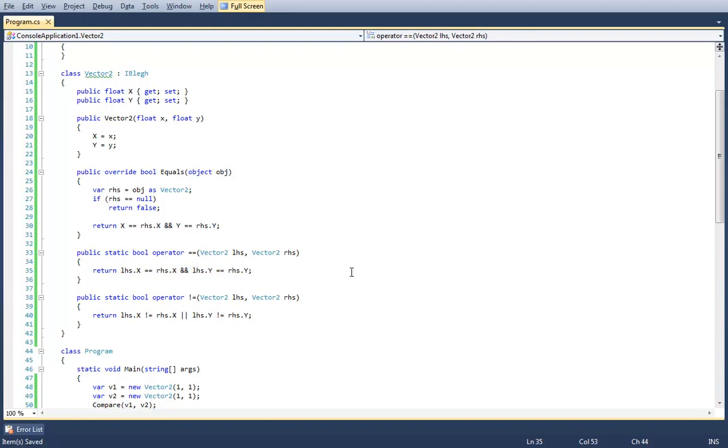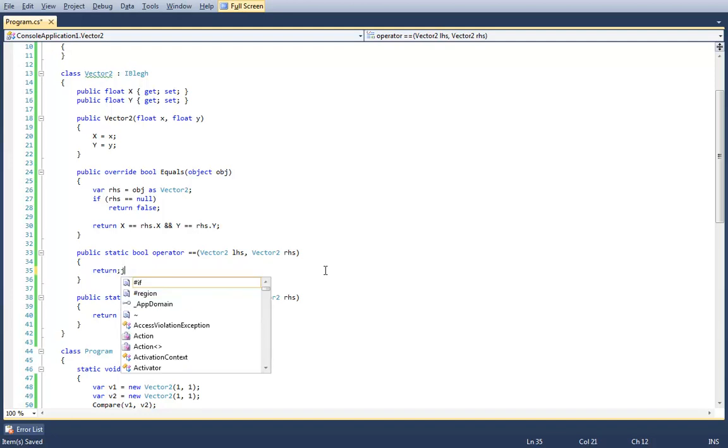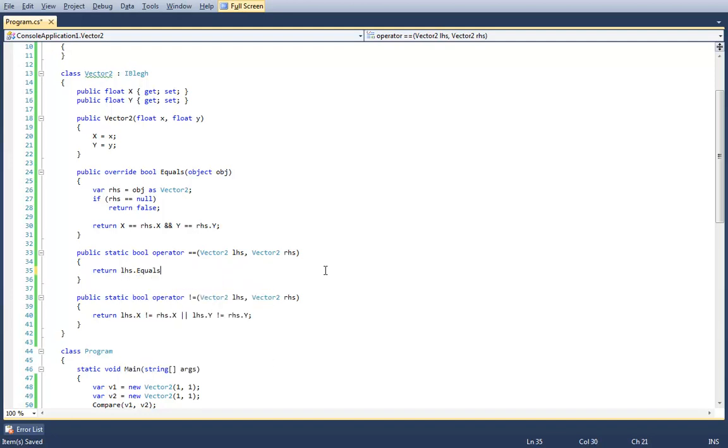Atomizer, what's the problem with that? Why is this code not something we would want to do? Because the left-hand side may be null.